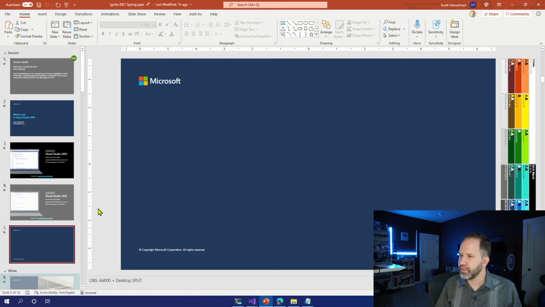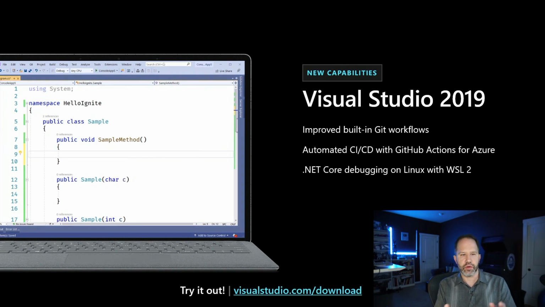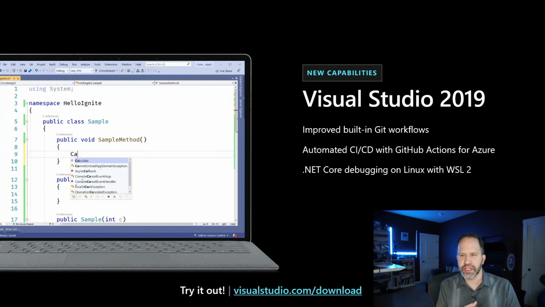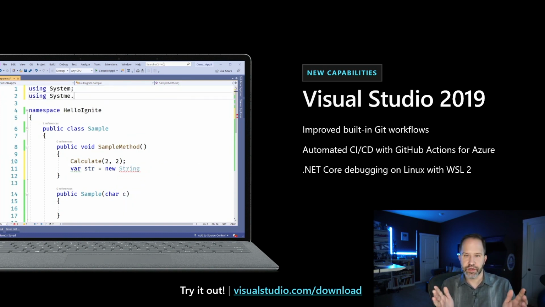Fantastic. Let's go back to our slide here and just remind ourselves what we have seen. So, Visual Studio 2019 version 16.9. It's time to update. Go and run Visual Studio Installer to make sure you've got the latest. There's a ton of new stuff beyond what I've just shown you, but we've got new improved Git workflows. We've got new support for CI/CD actions in GitHub Actions for Azure. And then, of course, multiple times I've shown you .NET interactive debugging using Linux on Windows with the Windows Subsystem